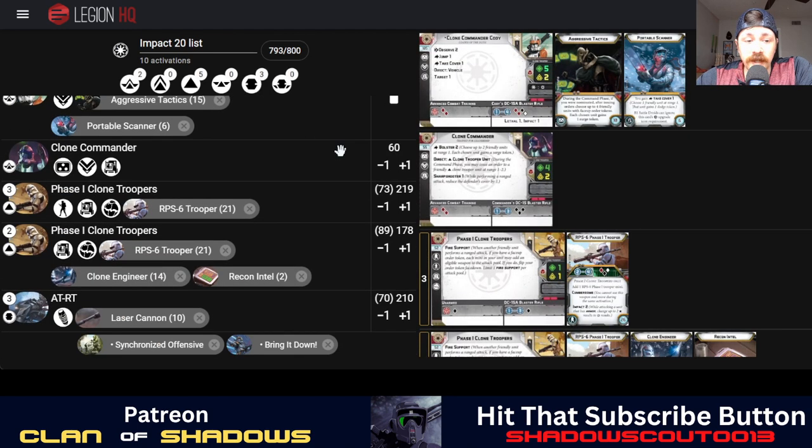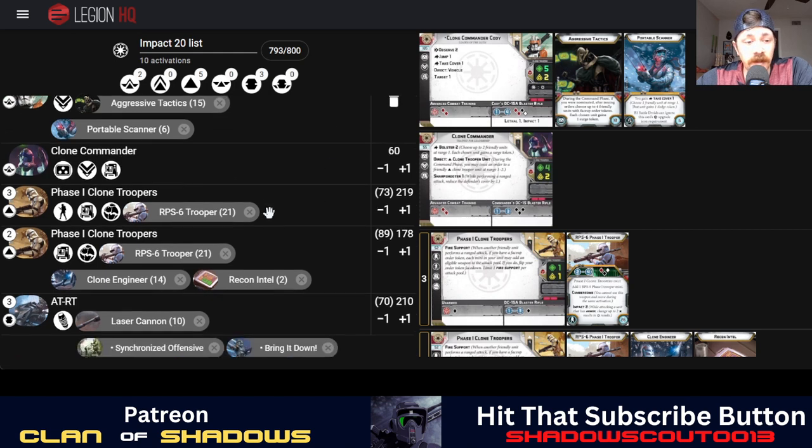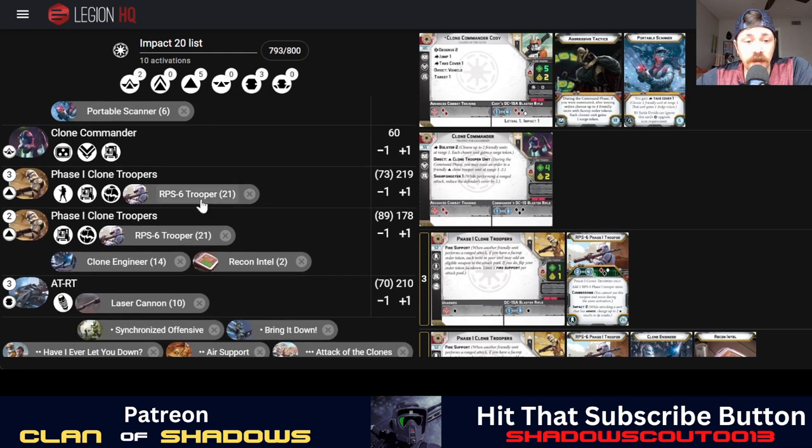Now here's another Impact 20 list for the Republic. You have Commander Cody. He's got aggressive tactics and portable scanners, so we can make sure he gives out those surges when he needs to. You've got a generic clone commander with nothing. You've got 3 phase 1s with the RPS 6. You have another 2 of